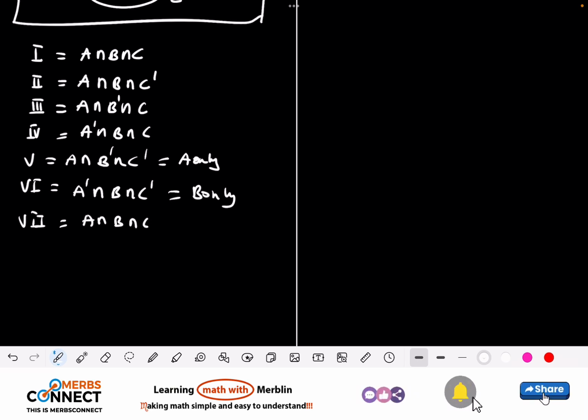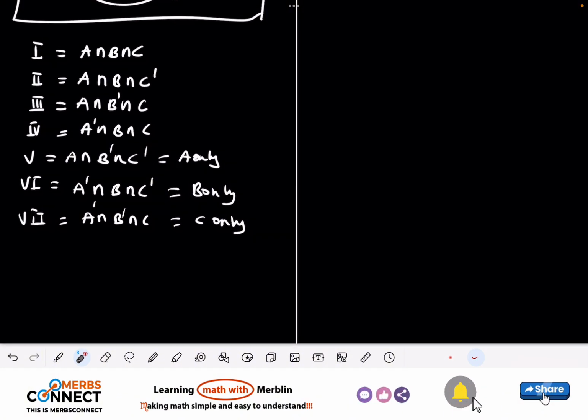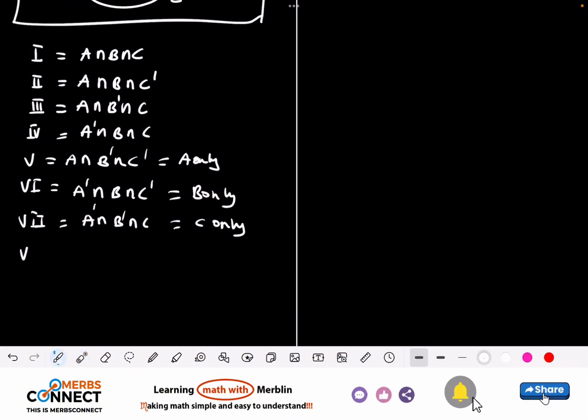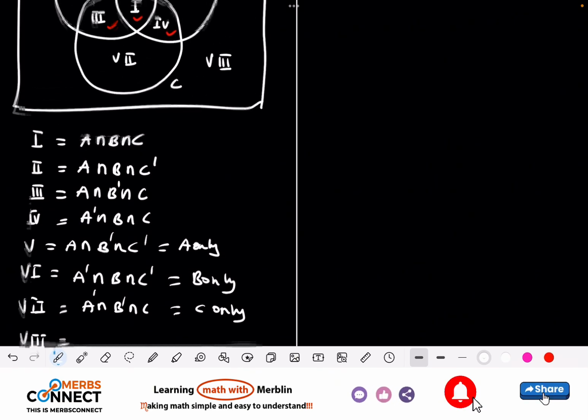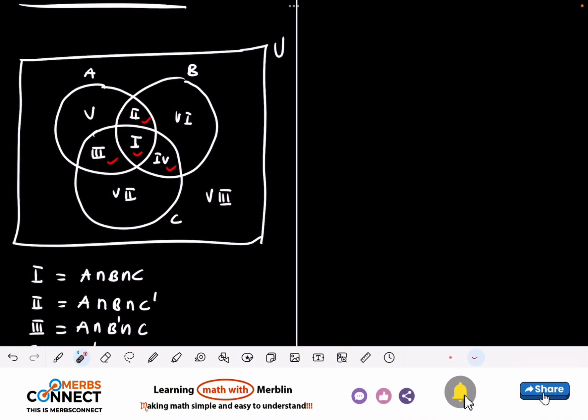Then we have taken, so C should be alone, so we take this out, and this one will be C only. So this one is here, which is C only, right? And the last one is region VIII, which is here. So with the last one here, it means that we need to find A union B